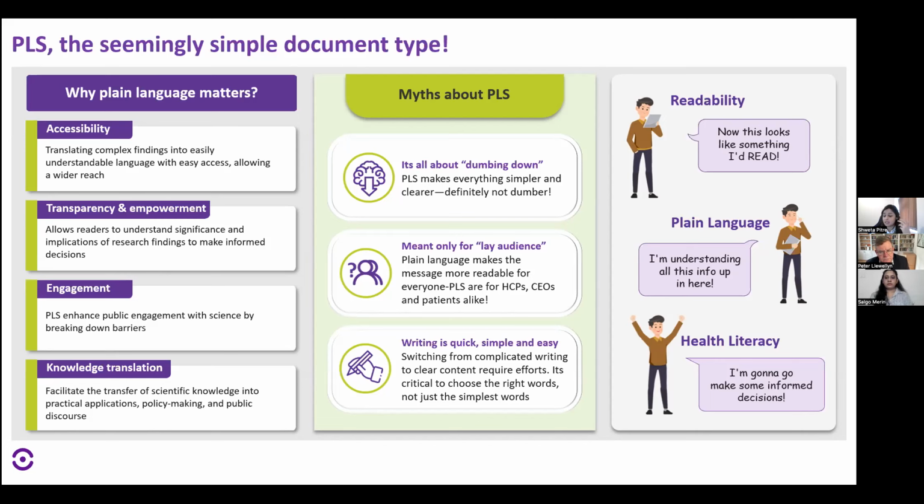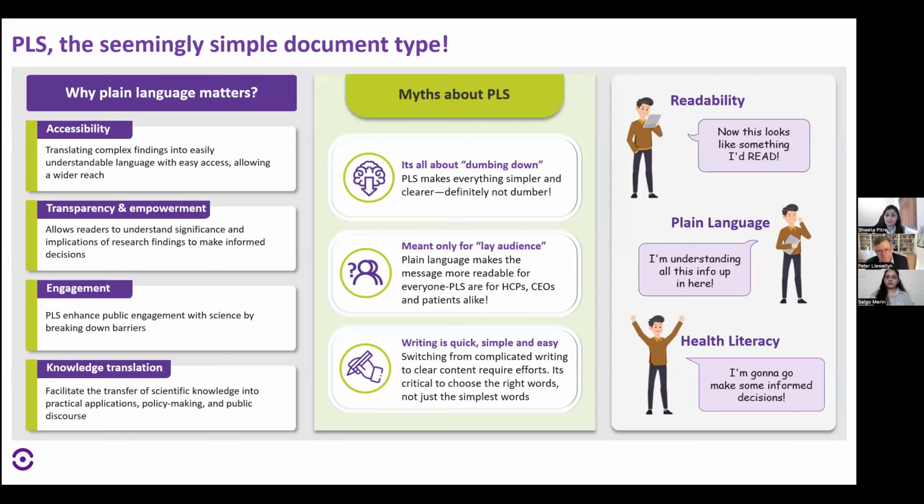Now, in terms of an example, when we were in COVID, a lot of people, in the early days, were anxious about when the vaccine was coming out, what is happening. But one of the biggest barriers was that all of the information that was coming out was in the scientific format, and people couldn't really resonate or understand, and that is where I think plain language summary plays an important role. It is a medium where the research is understood and importantly appreciated. Lastly, it is important for knowledge translation.